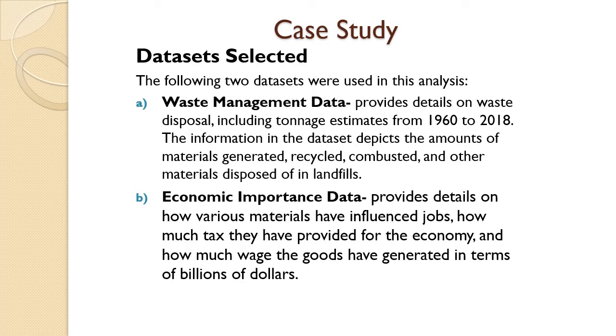The following two datasets were used in this analysis. First, the waste management data, which was given by the United States Environmental Protection Agency. The datasets provide details on waste disposal, including tonnage estimates from 1960 to 2018. The information in the dataset depicts the amount of materials generated, recycled, combusted, and other materials disposed of in landfills. The values illustrated in this dataset are for a broad selection of items and goods related to urban waste stream